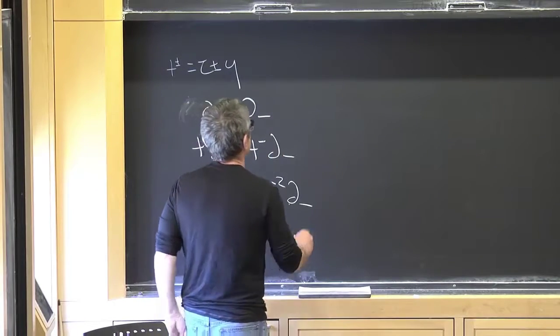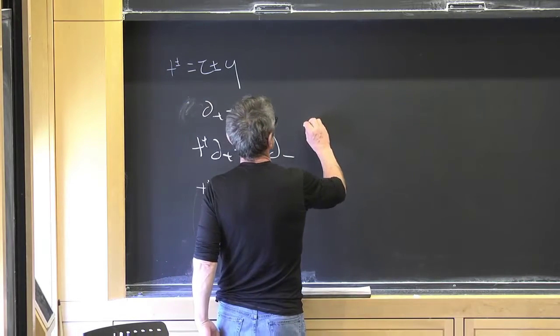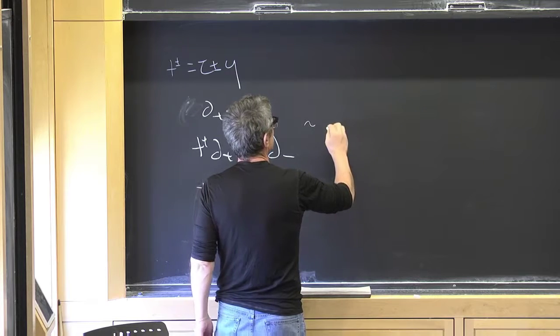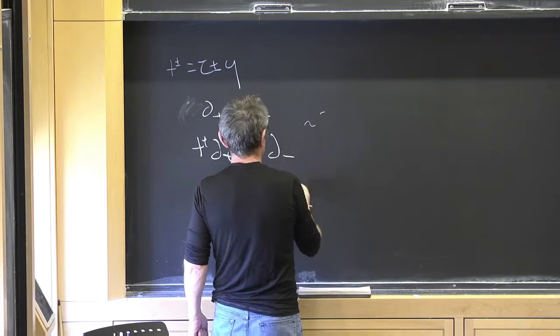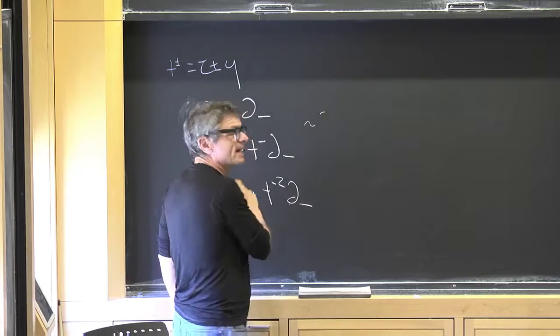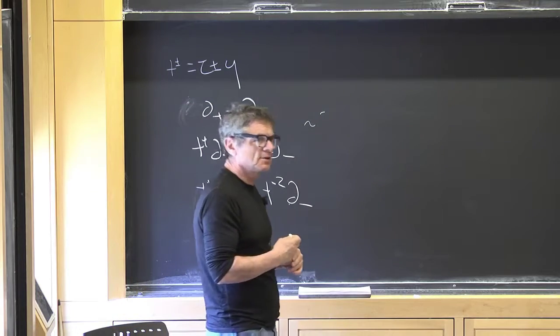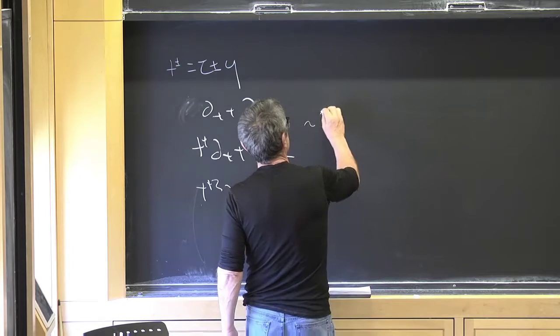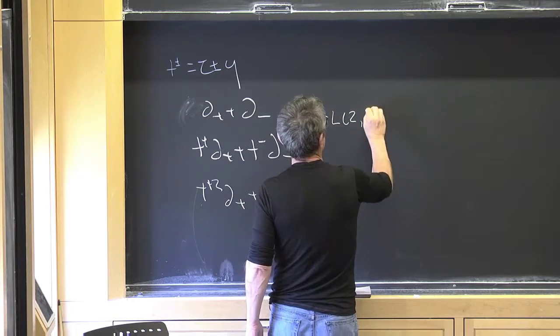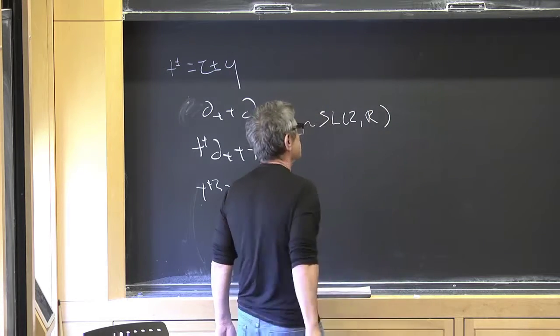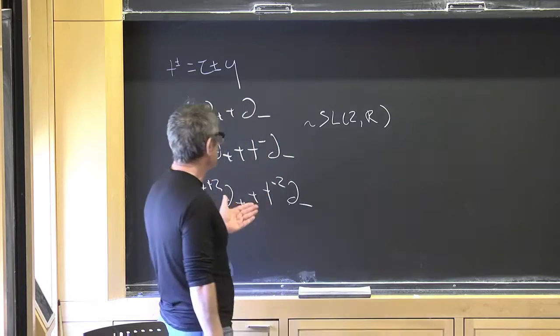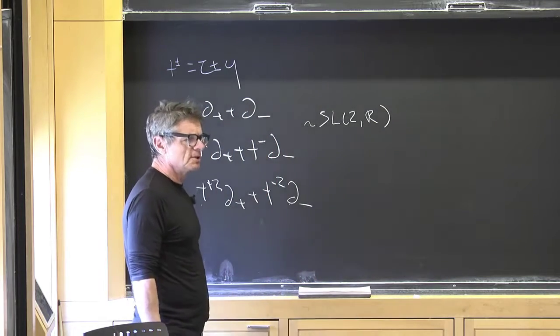But for now, we're interested in these, which generate a group, and the Lie bracket algebra of these vector fields is the Lie algebra of SL(2,R), which is the same as the Lie algebra of SO(2,1), which is like the Lorentz group in 2 plus 1